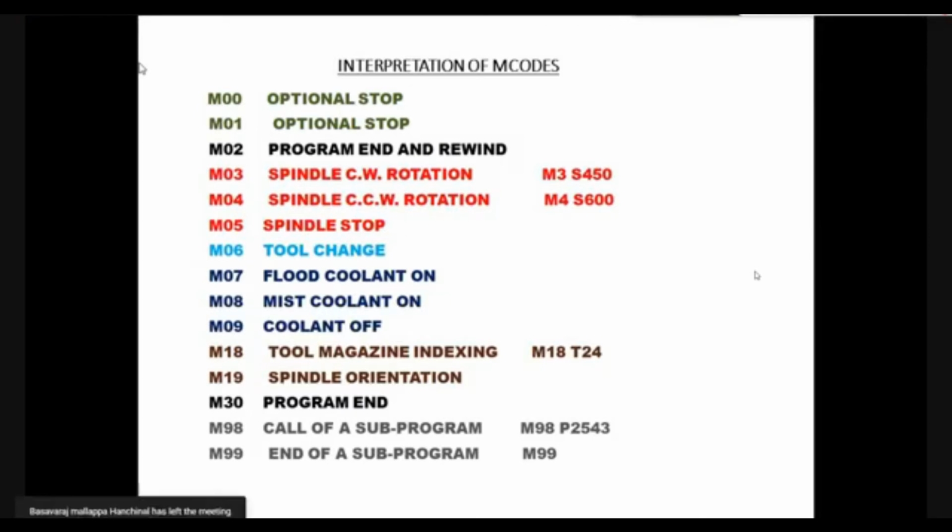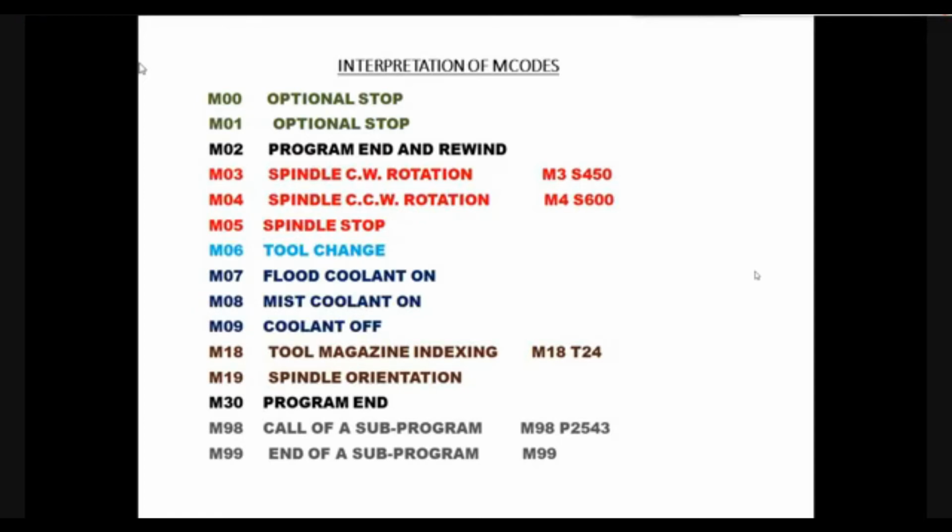That means, let us say that there are around 500 lines of program. After completing the program, the last line of the program will be M02. Once M02 is given, it implies that the part program has finished and it is expected to get back to the first line of the program. Rewind means that.